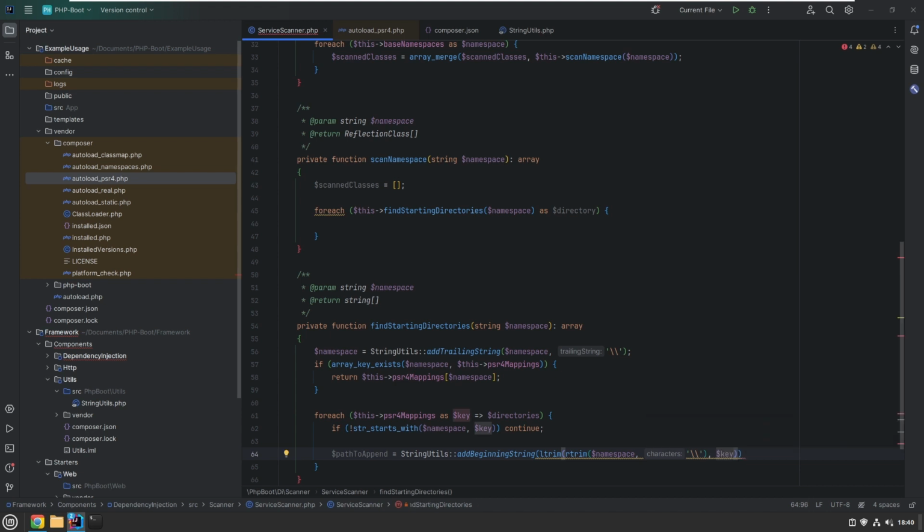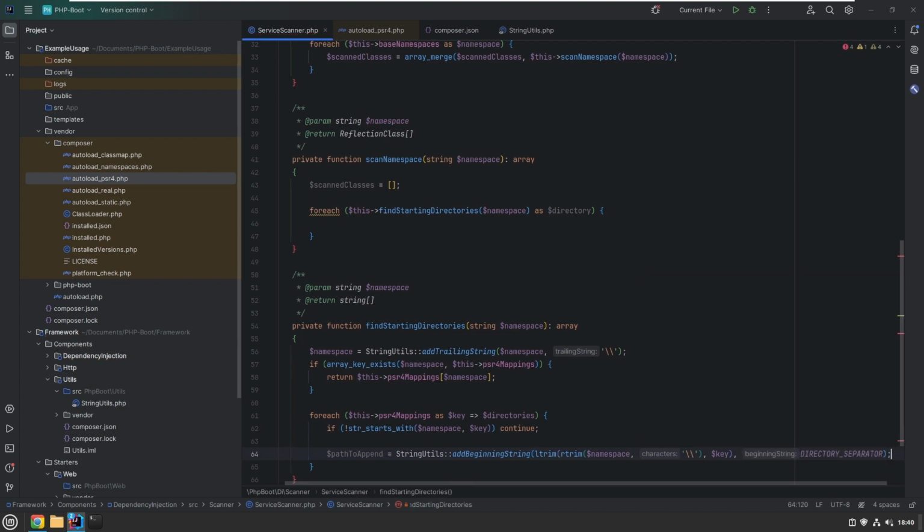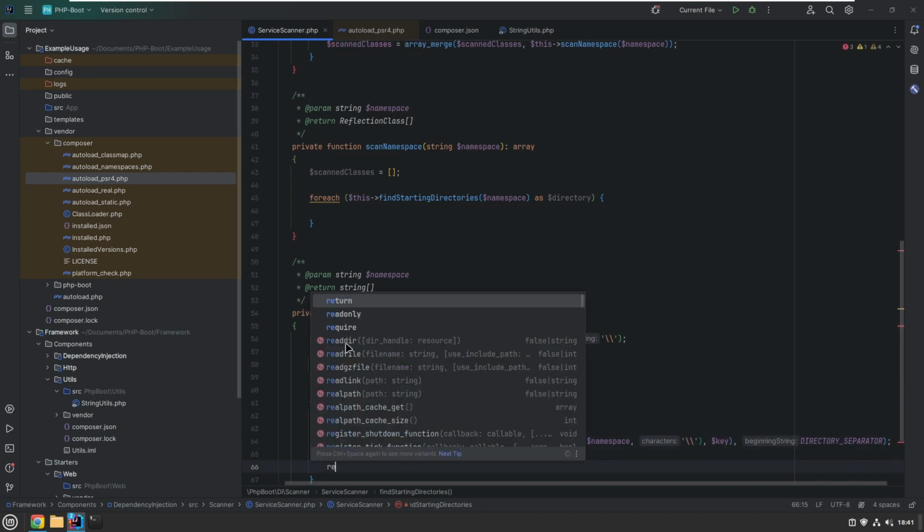So we have the folders, the directory structure that appends our namespace. And after that, we add our directory separator, depending on the system we are using. It's a forward slash or backward slash. So we add the directory separator at the beginning so we can append it to our map. After that, we say, okay, we return